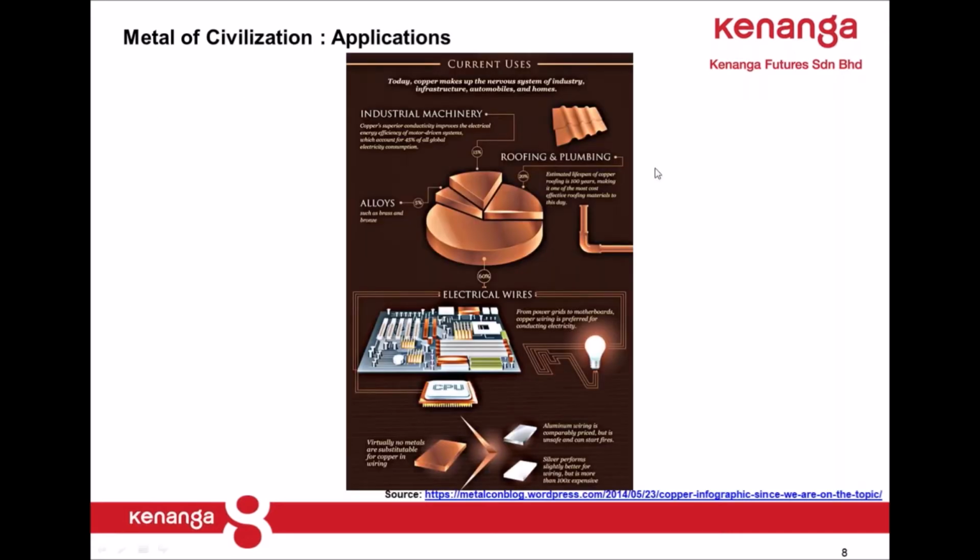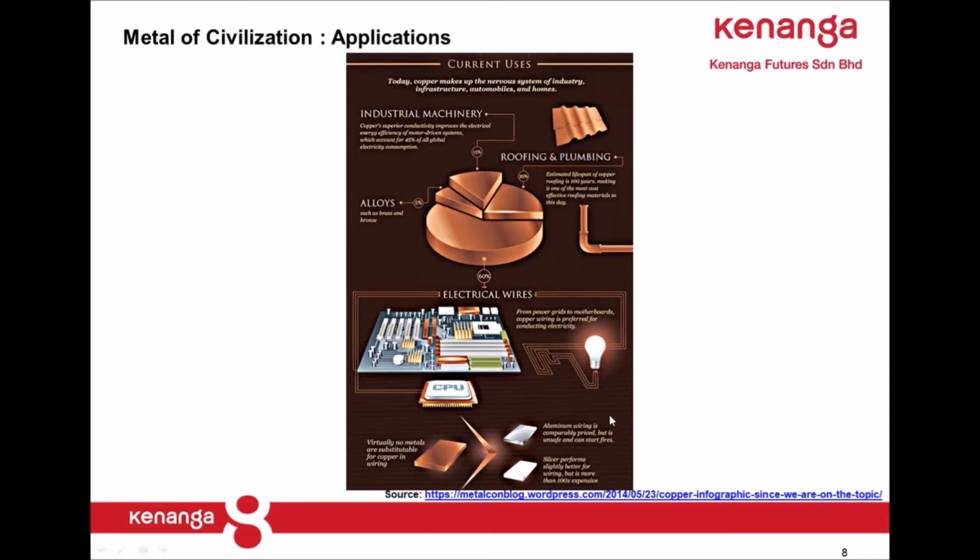So here is a slide showing how copper is used, in terms of percentage. As you can see, a large percentage is used in producing wires, due to copper's ductility and because it is a very good electricity conductor. In fact, in terms of metals, the best conductor is silver, followed by copper. But in terms of cost, copper is much more economical as a conductor compared to silver, which is a bit more expensive.